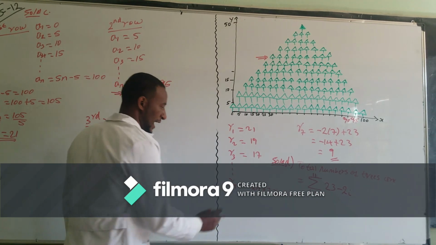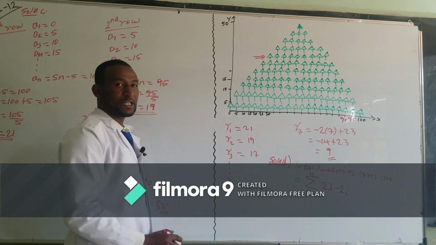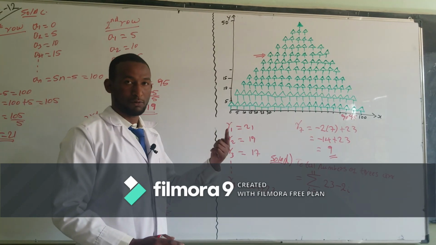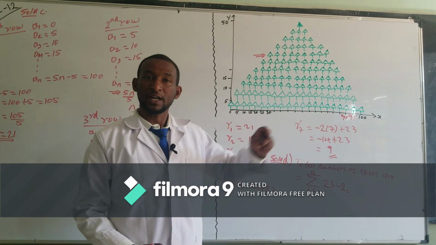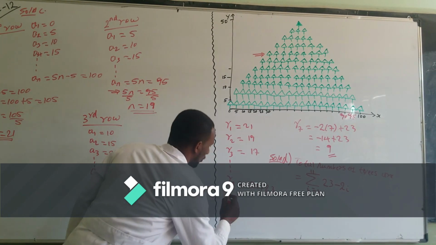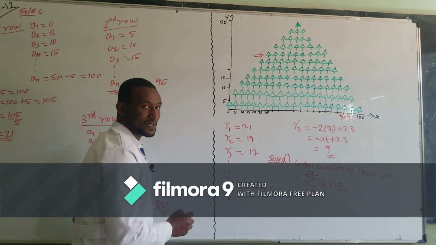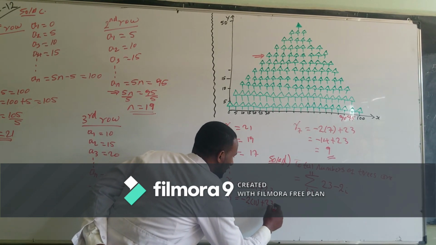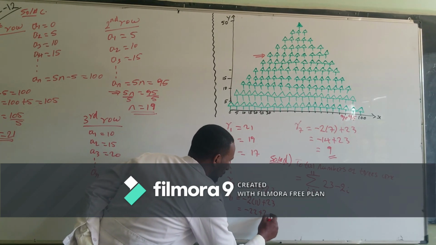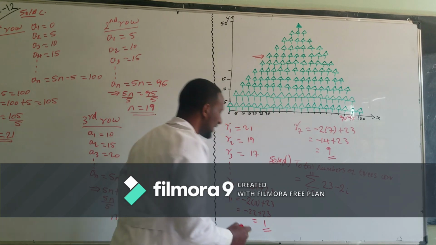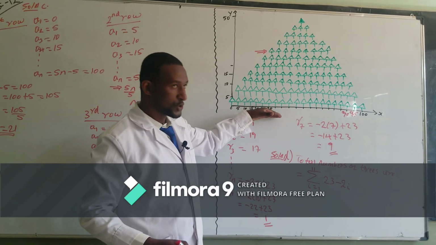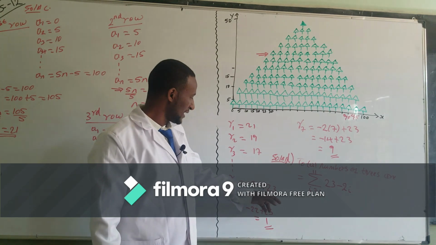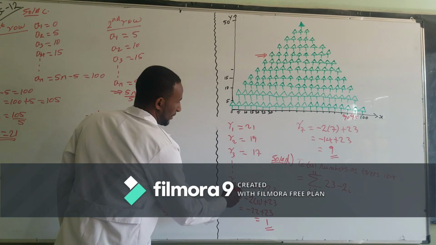ከፈለግንም እቺን ትተን r of n is equal to negative 2n plus 23 የሚለውን ወስደን የመጨረሻዋ ሮ ማለት 11ኛዋ ሮ ነች፣ ምክንያቱም ቶታል ነምበር ኦፍ ሮ 11 እንደሆነ ኩዌሽን ኤ ውስጥ አግኝተናል። ስለዚህ ሮ 11 ስንት ዛፍ እንደያዘች ለማግኘት r of 11 is equal to negative 2 times 11 plus 23 which is equal to negative 22 plus 23 which is equal to 1። የመጨረሻዋ ሮ ከታች ወደ ላይ ስንሄድ የያዘችው ስንት ነው? አንድ ዛፍ ነው የያዘችው ማለት ነው። ከፈለግን ደግሞ የመጨረሻዋ ሮ ስንት ነው የሚለውን ከዚህ ላይ ማግኘት እንችላለን።